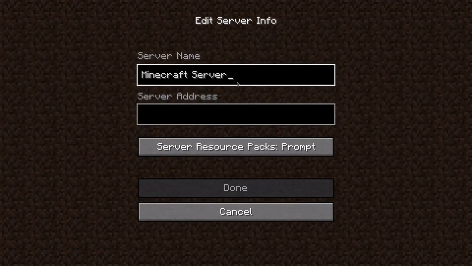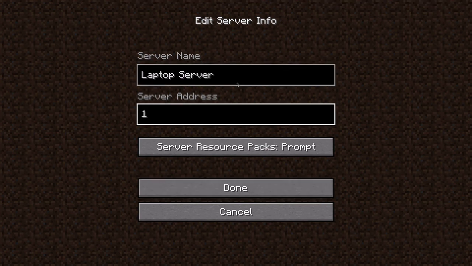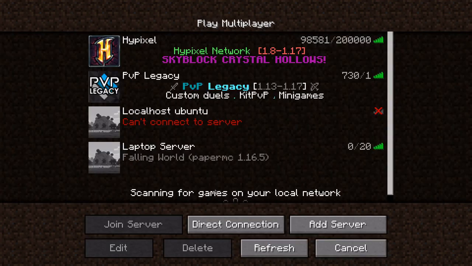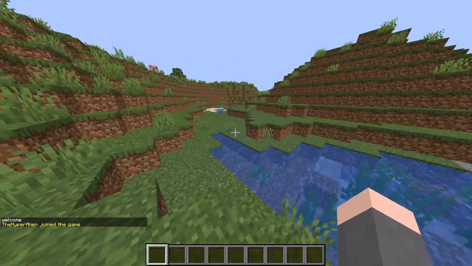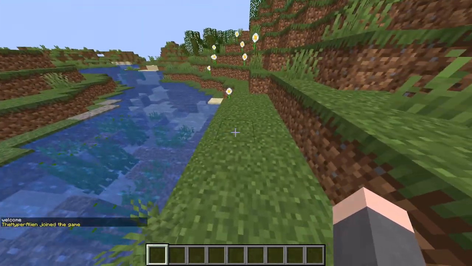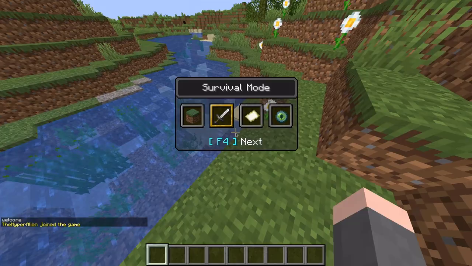Let's call that, one of these days I'll get it right, laptop server, and I think that's 192.168.1.100, let's hope that's right. And this is in a 1.16.5 window. Again, I'm in creative. If I go into survival,